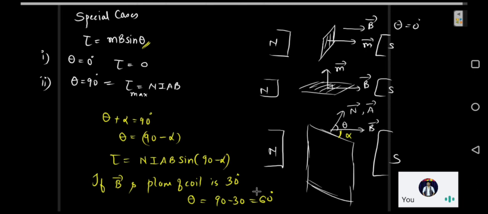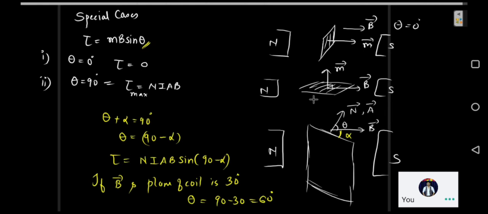So it depends upon your eyesight, from where you see it. If you are looking at it from down, take it down. If you are looking at it from the top, take it on top. Or the sign convention which is basically followed for the magnetic dipole moment is taken this way. Basically, if you curl the fingers of your right hand along the loop, with the fingers pointing in the direction of current.